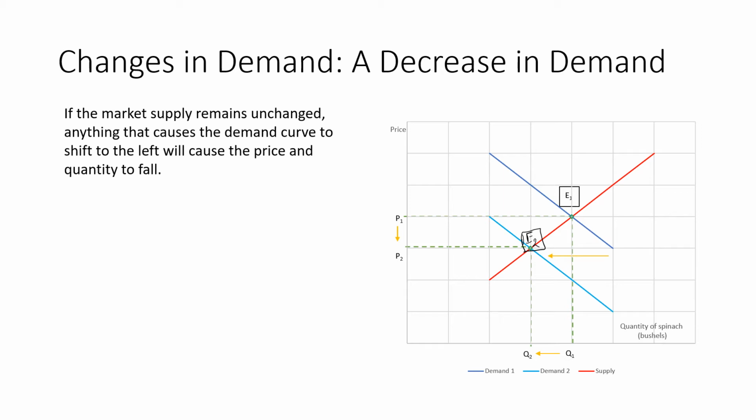Now in this case, when demand shifts to the left or decreases, notice what happens. We have again a new equilibrium point here. We have a new quantity now. Notice that it is less than our original quantity, and we have a new price. Again, less than our starting price. So the price has fallen, quantity has fallen, because again,